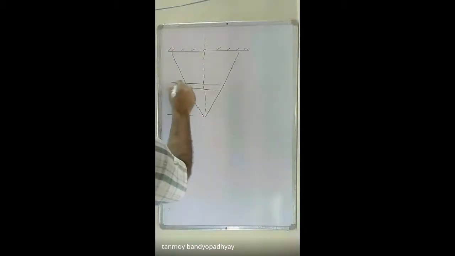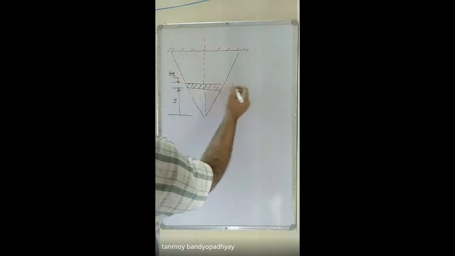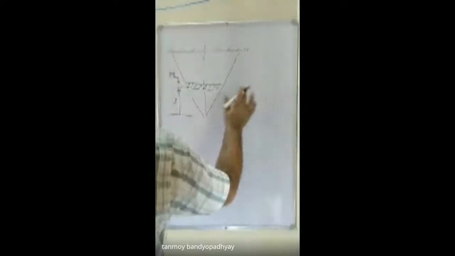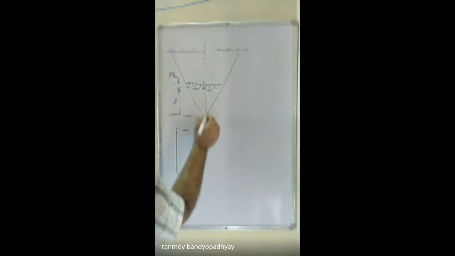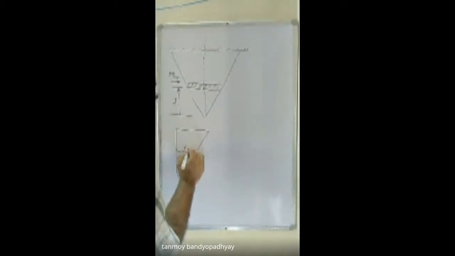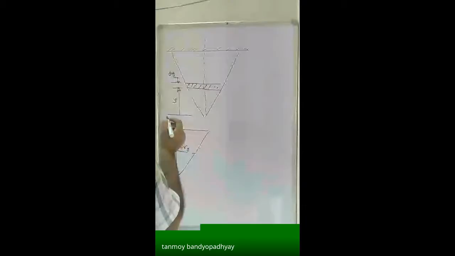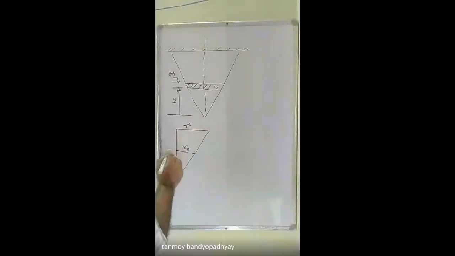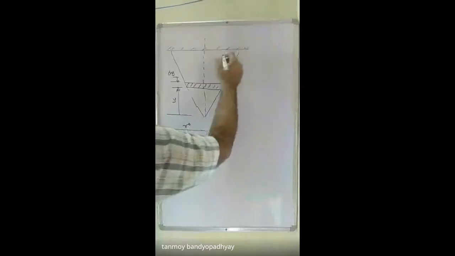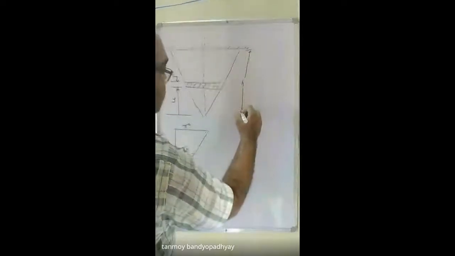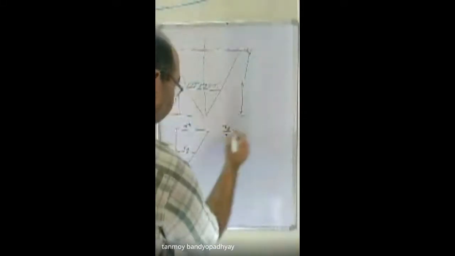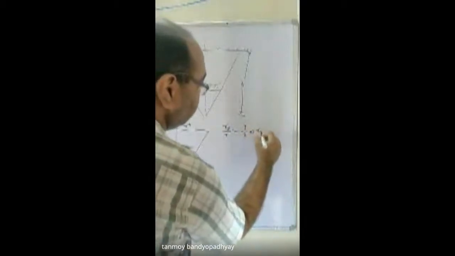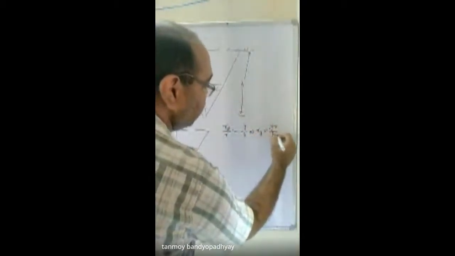So this is y, this is dy. I have taken one cross section dy. If I consider it to be a triangle, I have to find out this radius. The radius is ry. The top radius is given to be r. This distance is y, and the entire height of the cone is small h. So what will be ry? ry divided by r is equal to y by h. So ry will be equal to y into r by h.